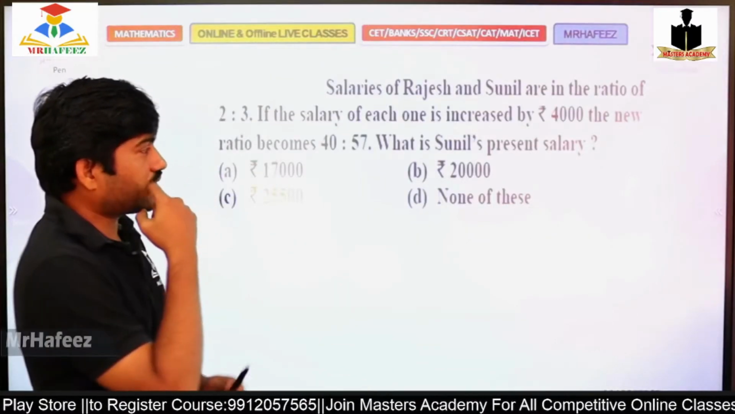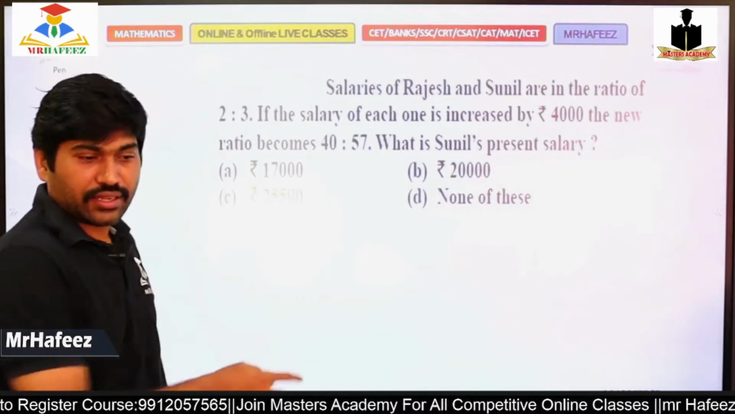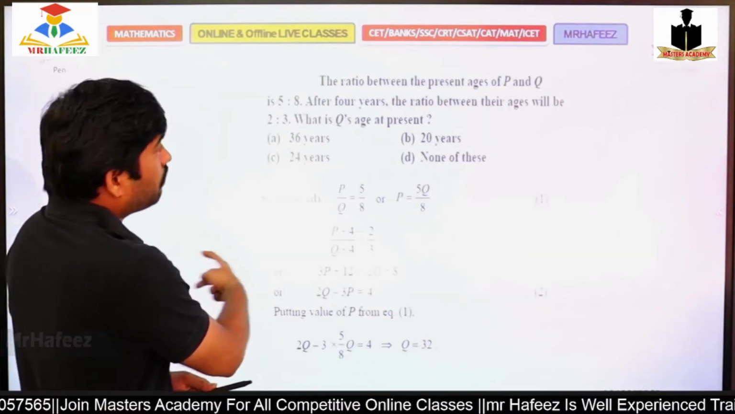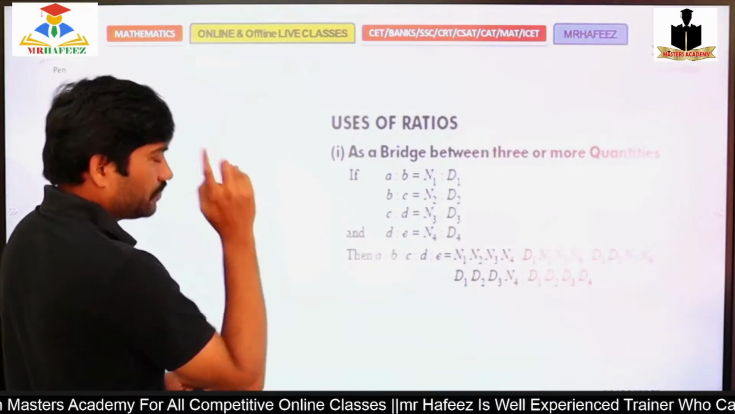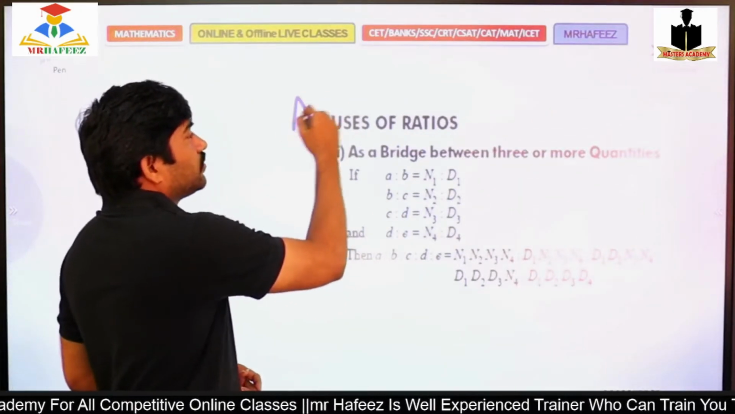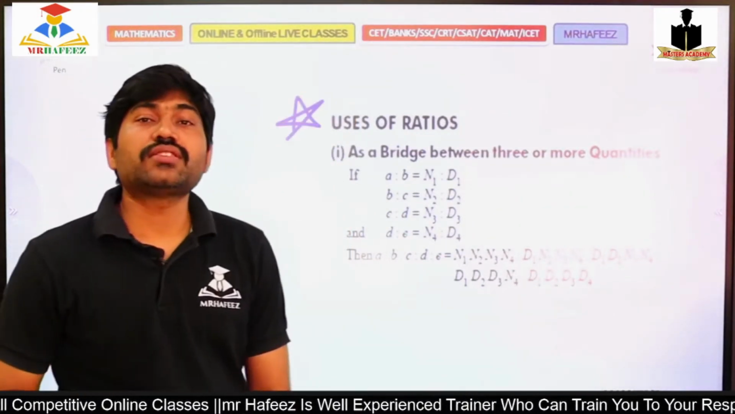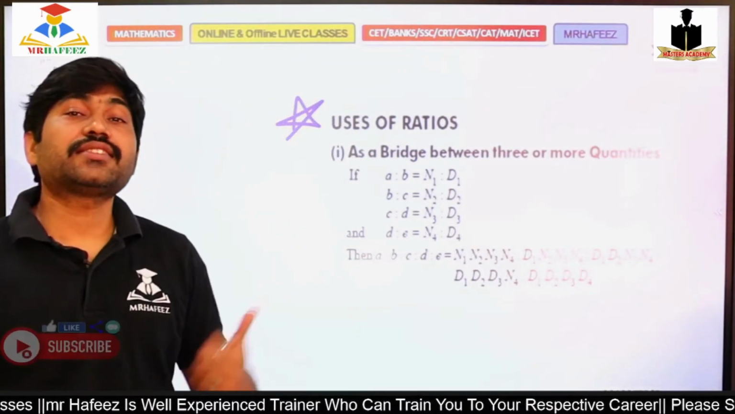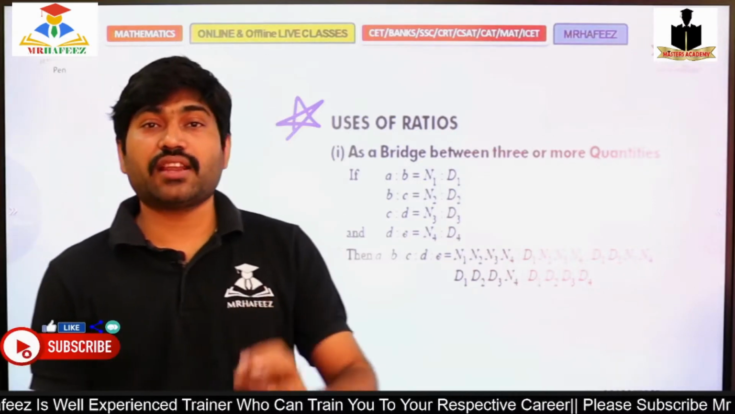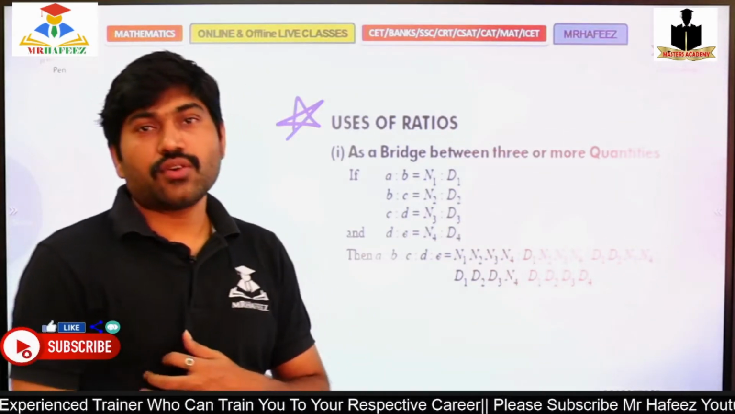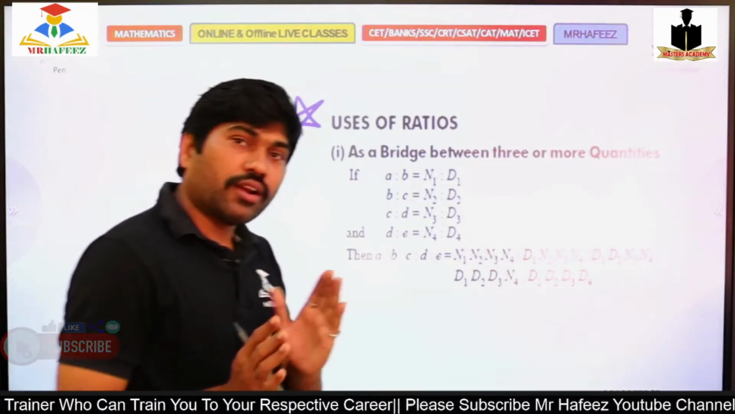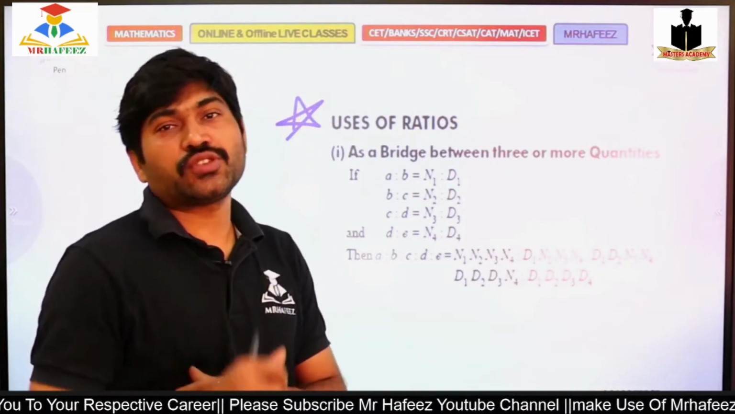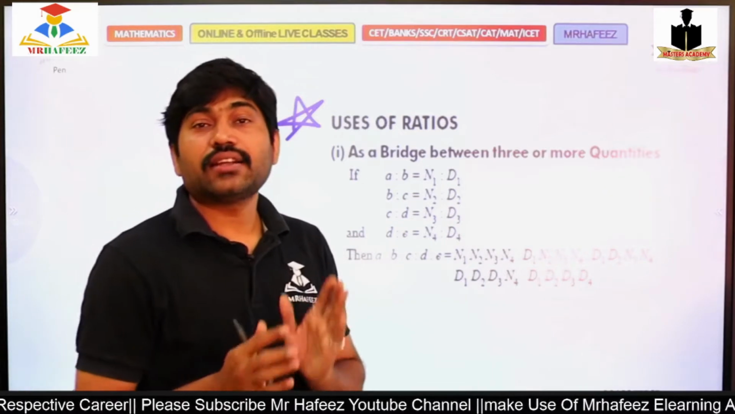Moving to the next. This question, we have already completed this and this. So at present we are here: uses of ratios. This concept is very important and interesting. One problem we have already done: A is to B equal to some value, B is to C equal to another value, and those two